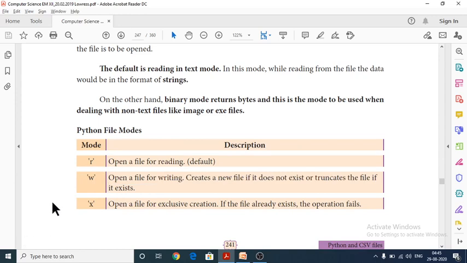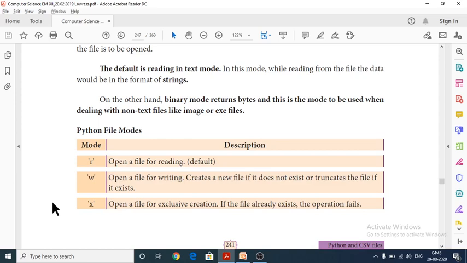Next one is X. X is for exclusive creation. Open a file for exclusive creation. If the file already exists, the operation fails. This is for creating a new file.